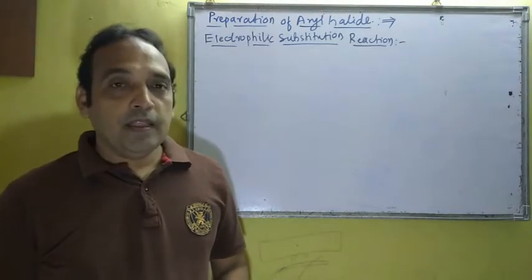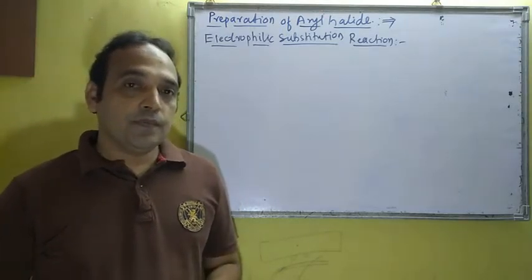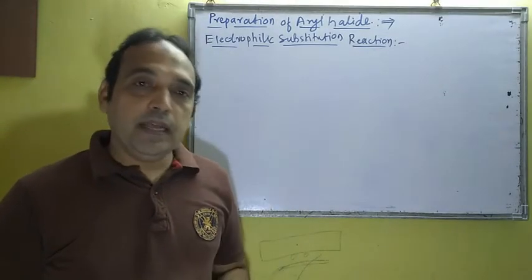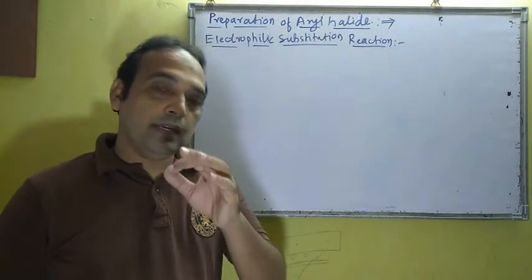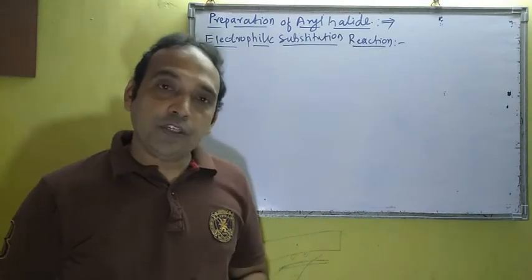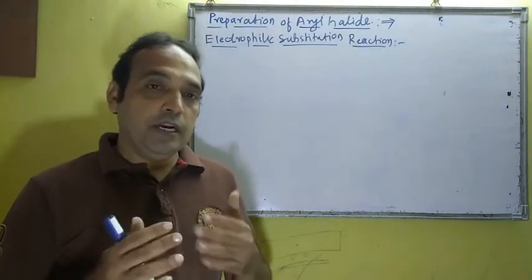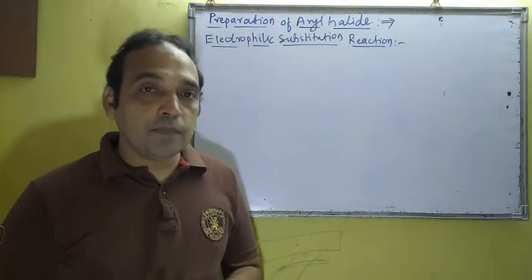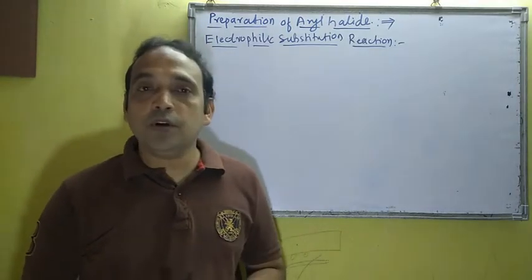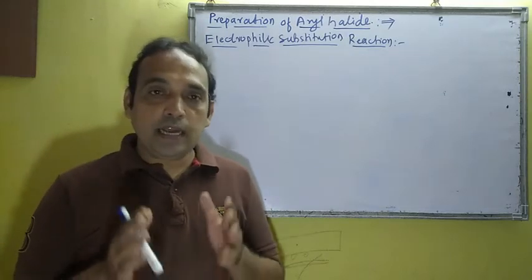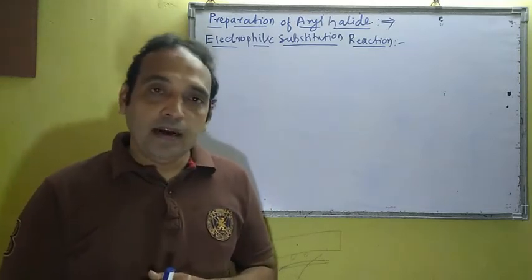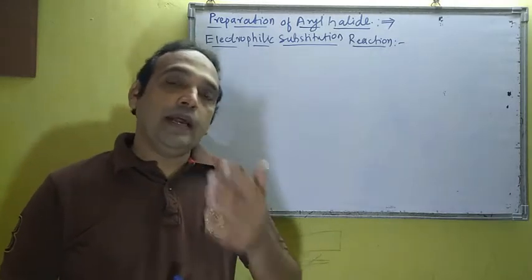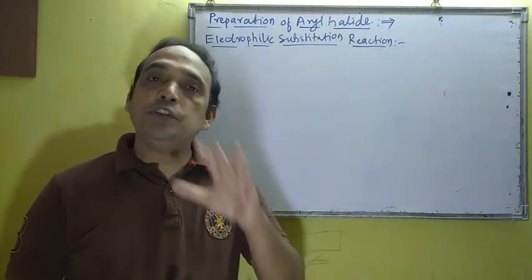Dear student, in the last videos, so far we have discussed halogen derivatives. First was the introduction, classification of halogen derivatives in different manners, then how to write the common system and IUPAC nomenclature of halogen derivatives, that is haloalkanes as well as aryl halides, that is aromatic halides. Then we discussed the preparation methods